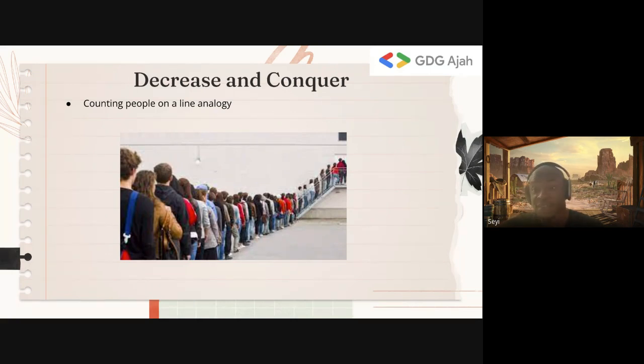Now the second person knows that there's one person ahead of him. And if he adds himself to that, that becomes two people. And he can tell the third person that, hey, there's one person ahead of me and I'm one person. That's two. The third person does that. There are two people ahead of me and I'm one person. That's three. And keeps returning the answer back until they get to the person at the back of the queue.